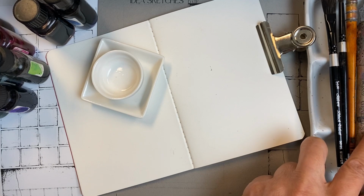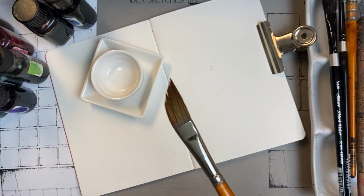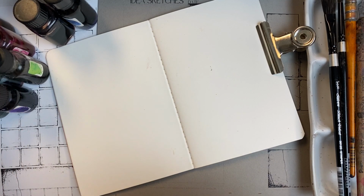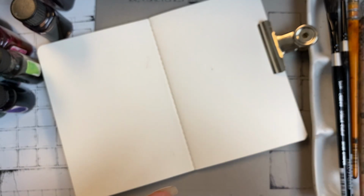And also the triangle brush, which I didn't grab, but I'm going to use for swatching. I actually prefer to use the dagger stripers. So that's all I have. And then I have some of my inks, and I'm going to start with, this is one of my favorites. And